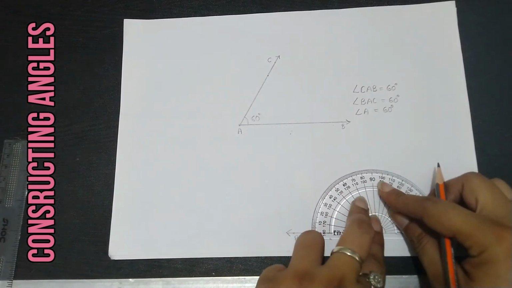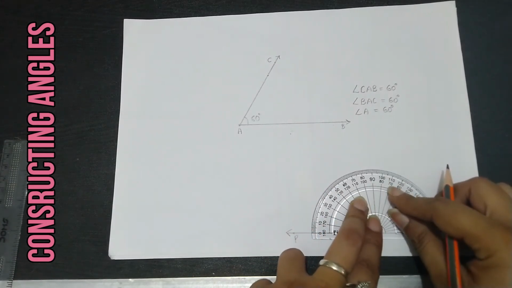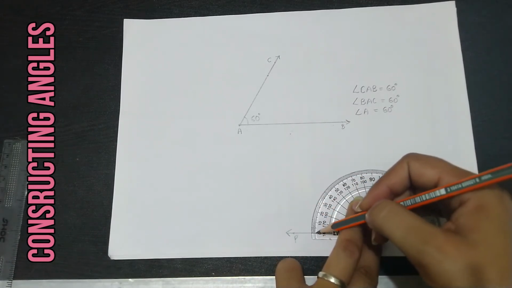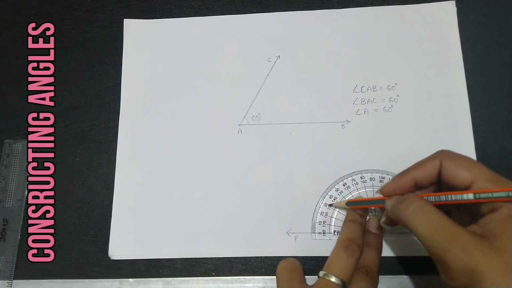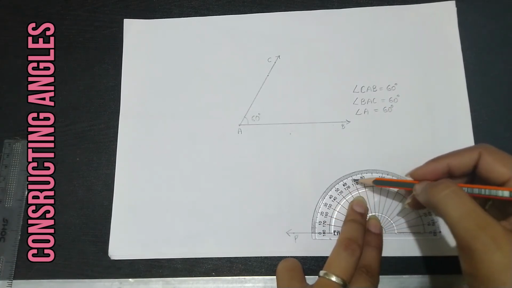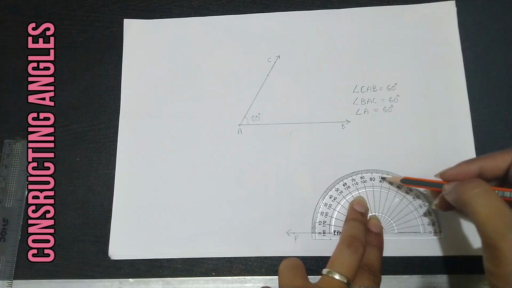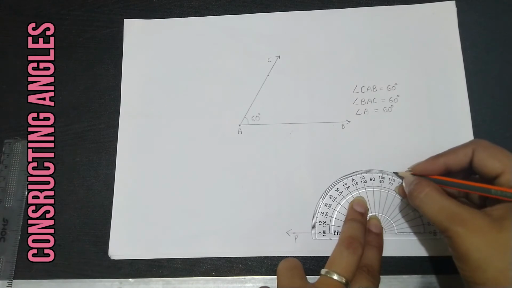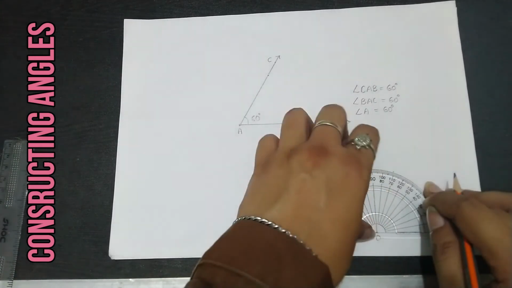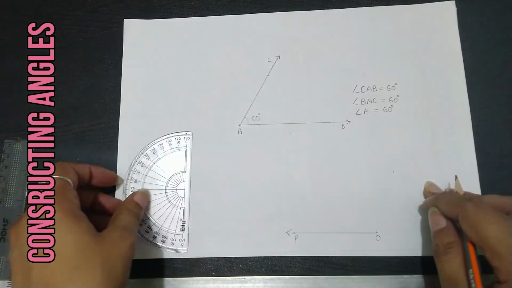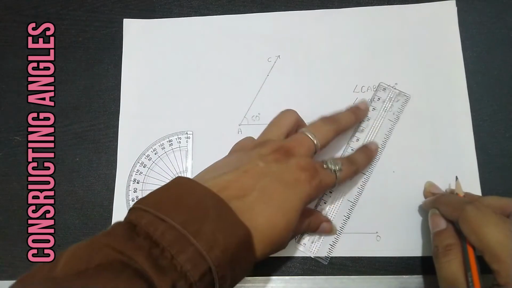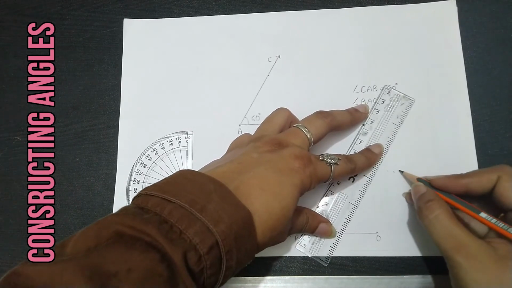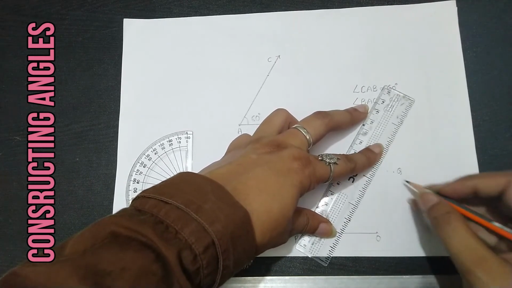And now I am making the angle of 110 degrees. So for this I'm counting from here. Count with me: 0, 10, 20, 30, 40, 50, 60, 70, 80, 90, 100 and 110. And then I am going to mark the point here. Again the same procedure, I'll lift up the protractor, I'll use the scale and join these 2 points. So this point I'm naming as Q. So I'm joining O and Q.